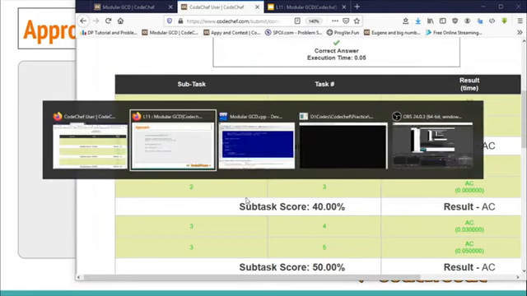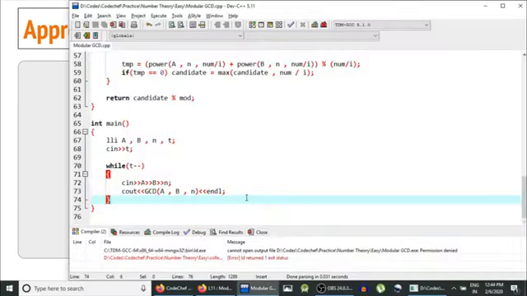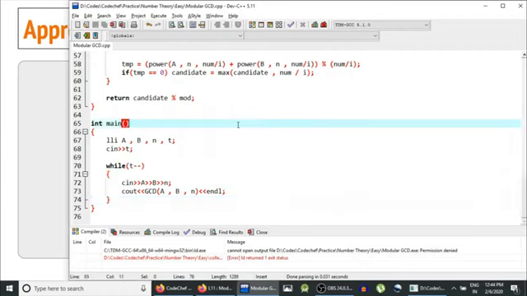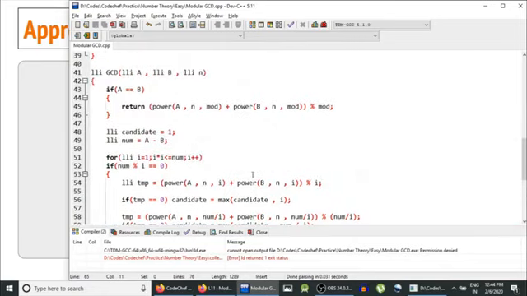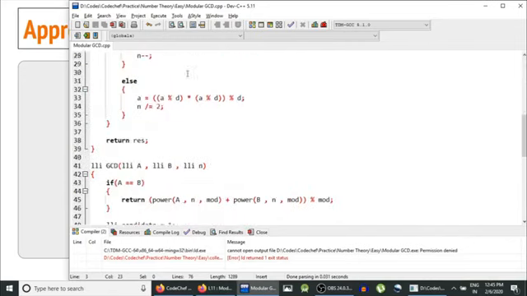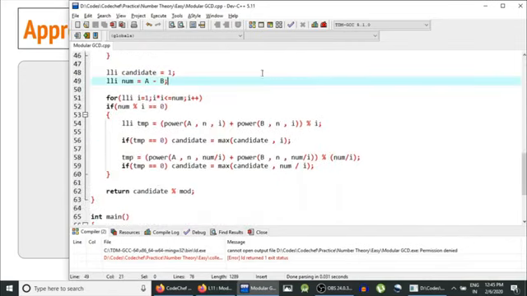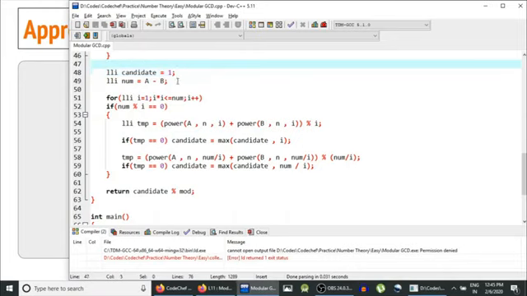So we solved the problem Modular GCD, and we made some mistakes. Just remember not to make the same mistakes yourself. So what we did to calculate the GCD of a raised to power n plus b raised to power n, comma, a minus b: first we check whether a and b are equal to each other or not. If both of them are equal, then a minus b would result in 0, and we finally have to return a raised to power n plus b raised to power n modulo 10 to the power 9 plus 7, and mod is actually 10 to the power 9 plus 7, right? If they are not, then candidate would be 1, and then we would calculate the number num as a minus b, and then we would generate all its